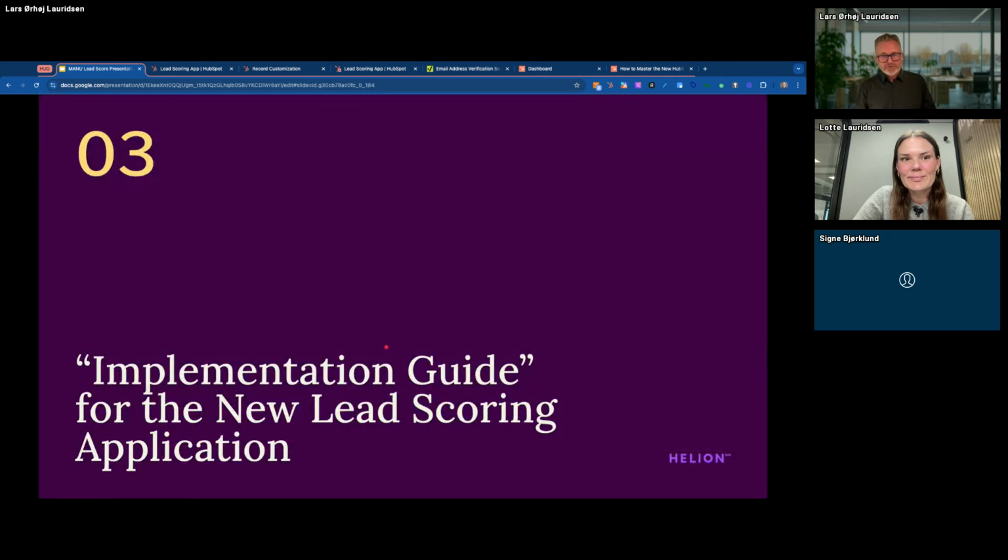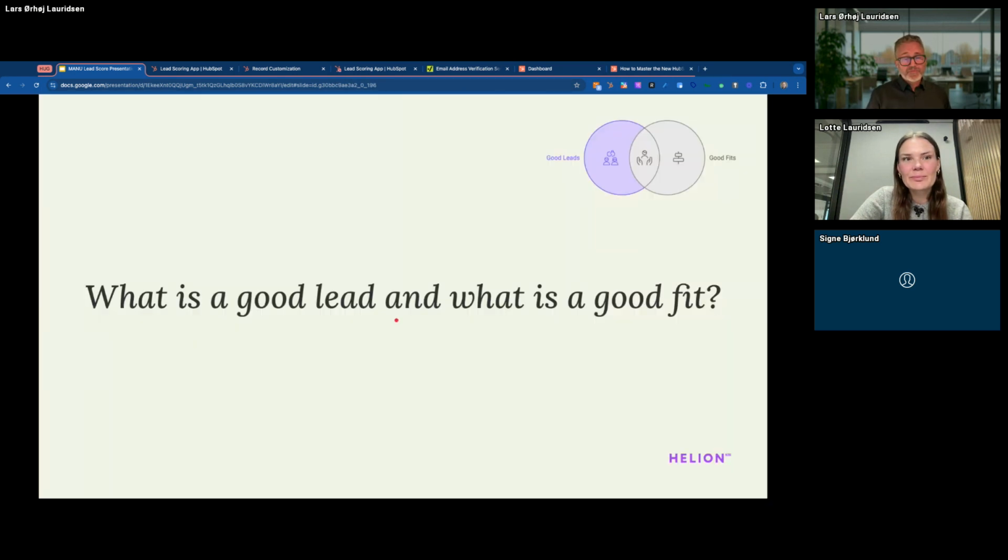Cool, that's the overview. Now I think it's 2 slides that is trying to say, okay, how are we going to implement this? And first of all, I would say, let's discuss what is a good fit, what is a good lead, and then go into how to implement it. Because I think